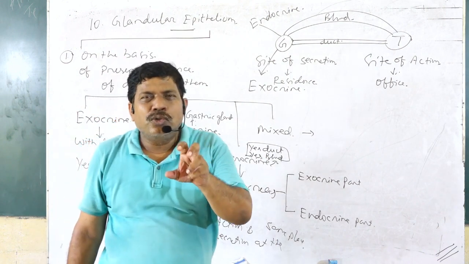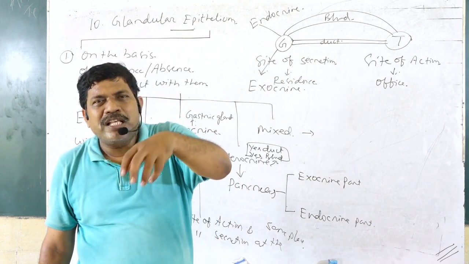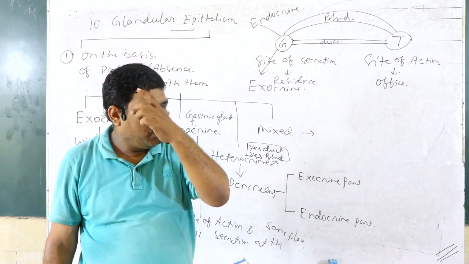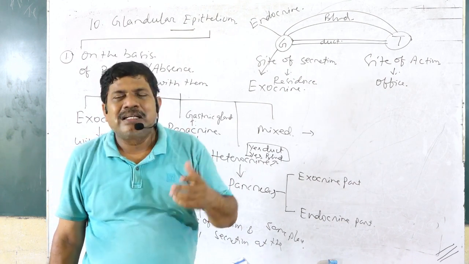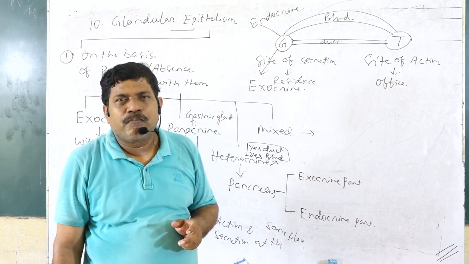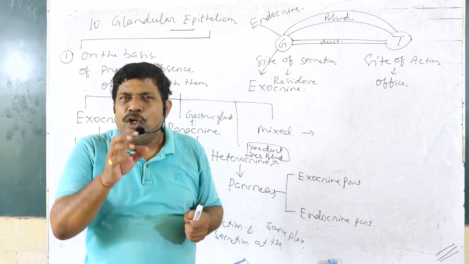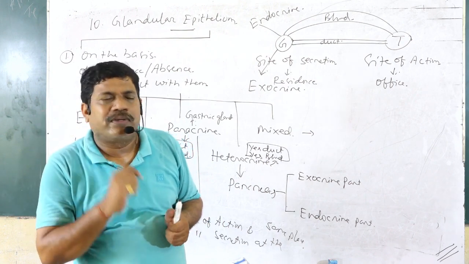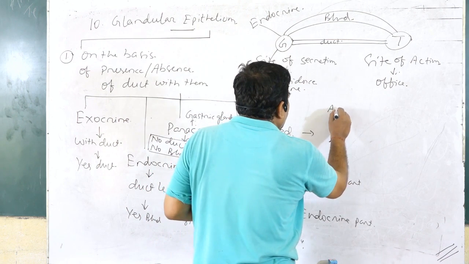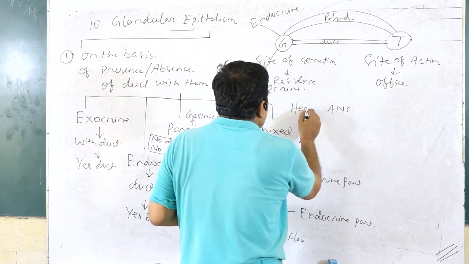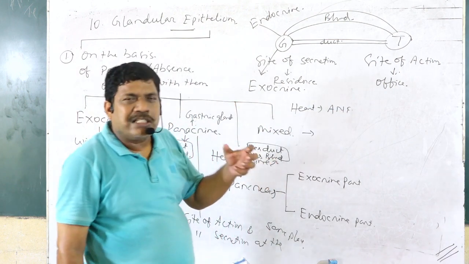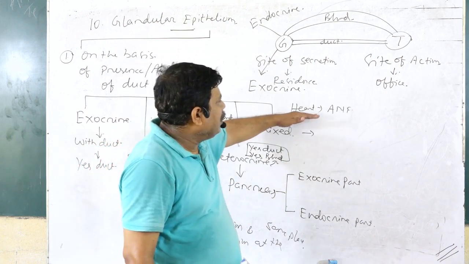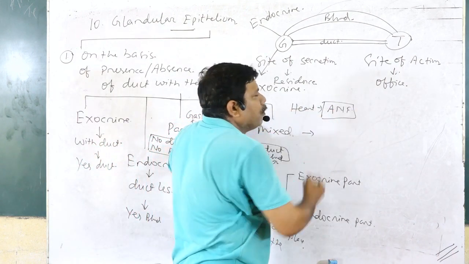In addition to performing certain major physiological activity, they also perform glandular function. Take the heart, the chief circulatory organ. In addition to that, it also secretes atrial natriuretic factor, ANF. So the heart, being the chief circulatory organ, also performs glandular function. What is that? It secretes the ANF hormone.